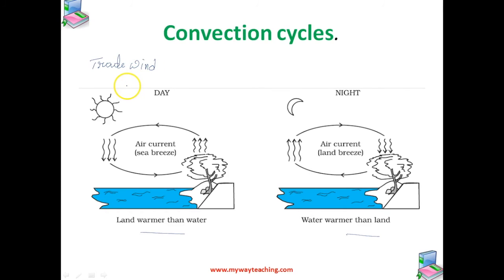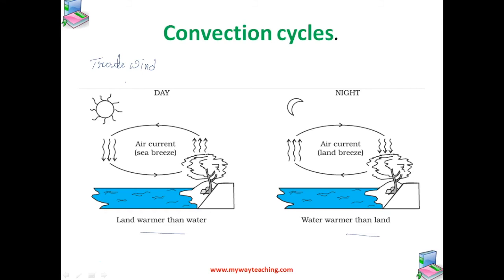A reasonable explanation for this trade wind. See, the equatorial and polar regions of the earth receive unequal solar heat. We all agree with this point, isn't it? Air at the Earth's surface near the equator is hot, while the air in the upper atmosphere of the poles is cool. In the absence of any other factor, a convection current would be set up with the air at the equatorial surface rising and moving out towards the